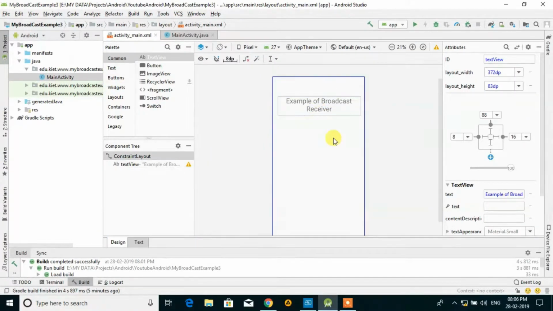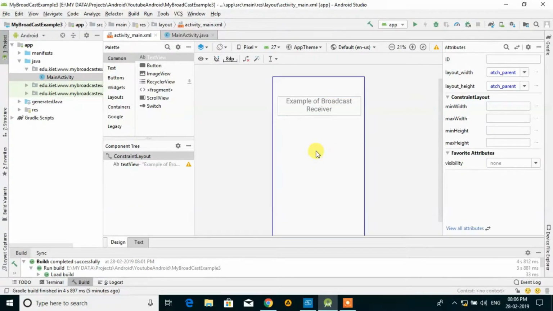So this way it only displays that this is an Android broadcast receiver example.